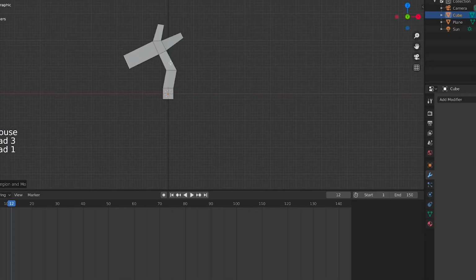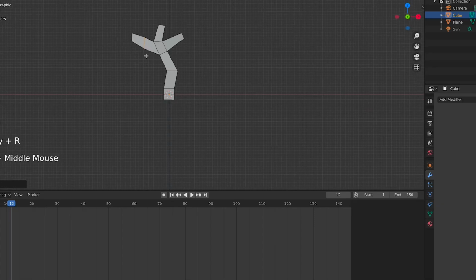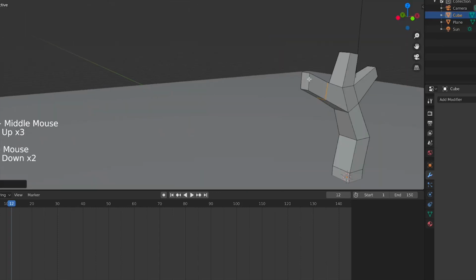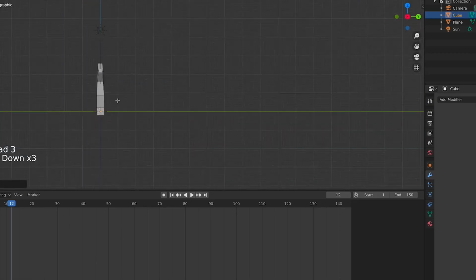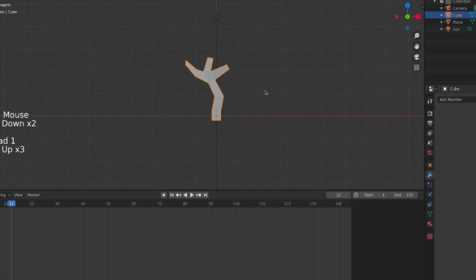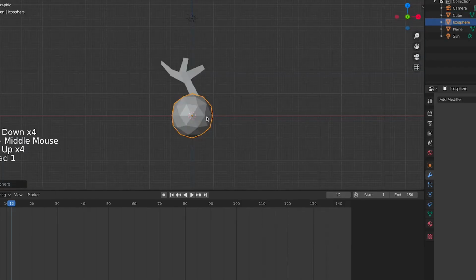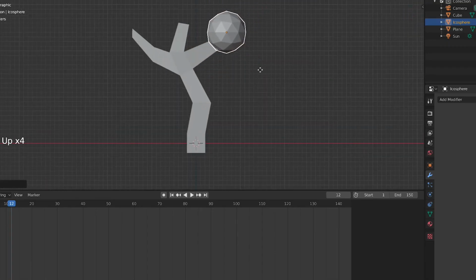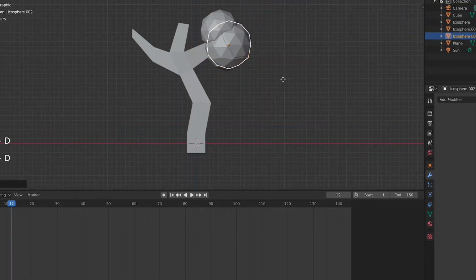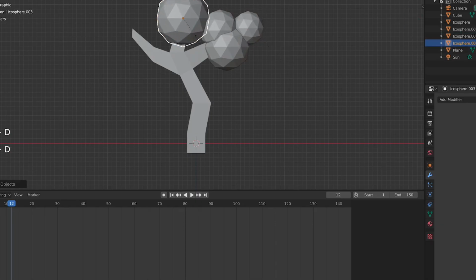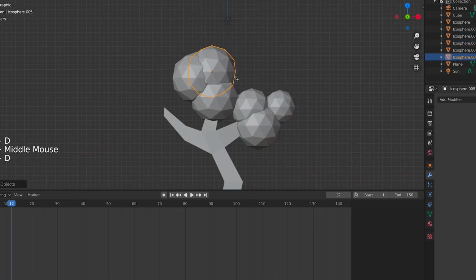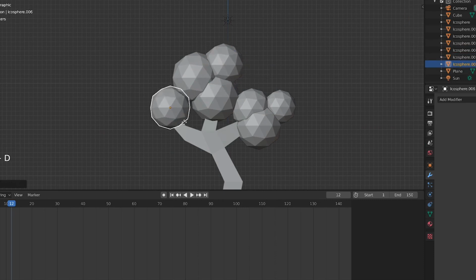And maybe this one, and I'm going to scale this down. So we have our base of the tree, and now with Shift and A we are going to bring a new UV sphere to our scene, and now we are going to duplicate this a couple of times. So with Shift and D I'm just duplicating those. And here maybe those are going to be very small,